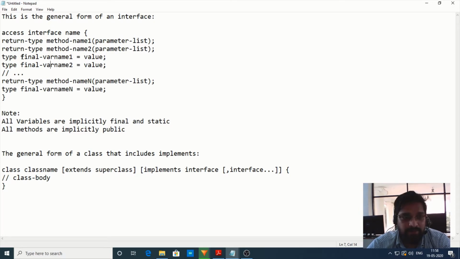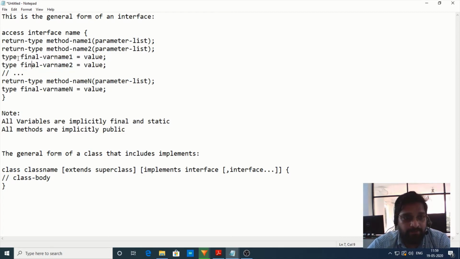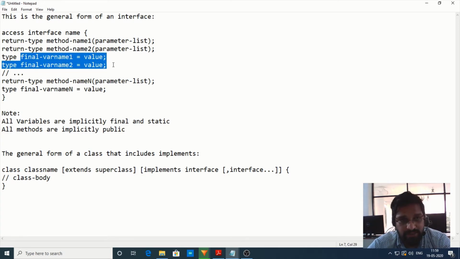So in an interface, when you declare any variable and assign a value, that variable becomes a final variable. Once you declare a final variable, its value cannot be changed. So inside the interface, we can declare methods and variables. The variables you declare are not instance variables, they are final variables. Final variables are similar to constants, and their values cannot be changed inside the program.